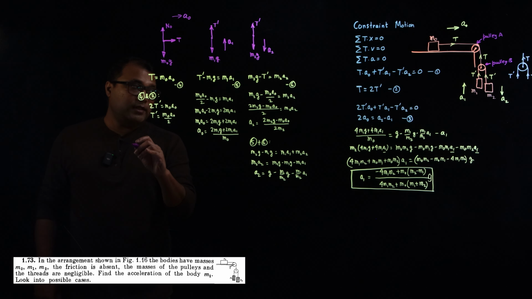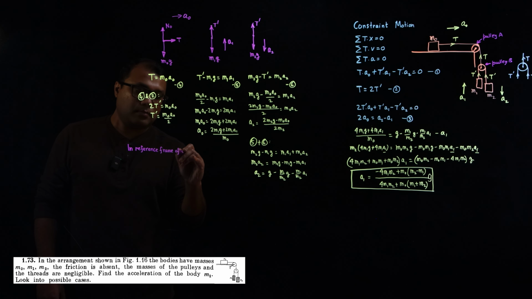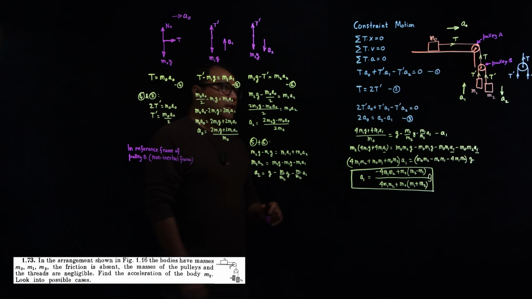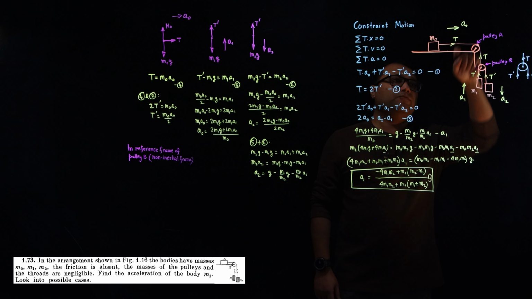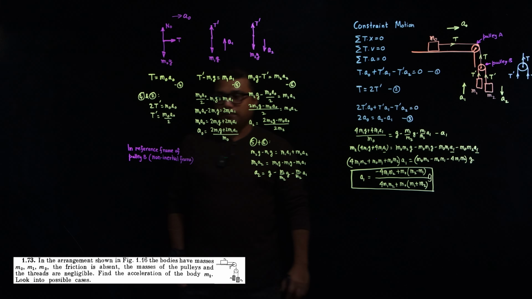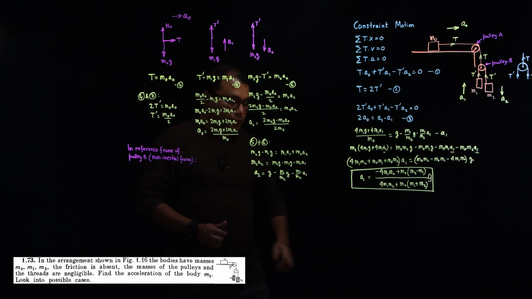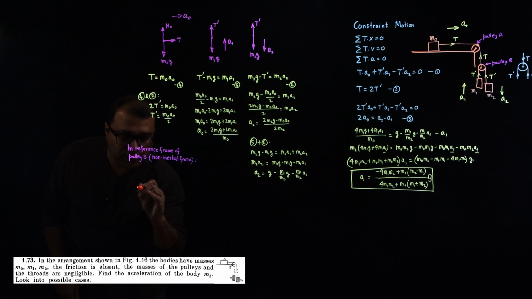Now, in the reference frame of pulley B, which is a non-inertial frame. Why is it a non-inertial frame? Because the pulley B itself is accelerating with A0 downward. So if I draw the free body diagrams of M1 and M2, how will that look? So M1 free body diagram, we will draw it like this: M1G downward,